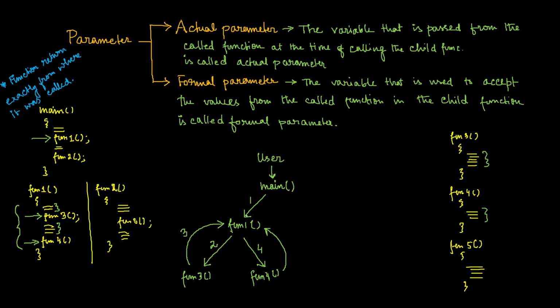So what will happen now? Control will go back to the main function. Okay, let's number it 5 and this is 6. And after returning back here in the main function, these 2 or 3 instructions are there, which will somehow execute, assume. Fine. And after doing this, the processor will see that again I have a function call. So it will call another function here, that is function 2.